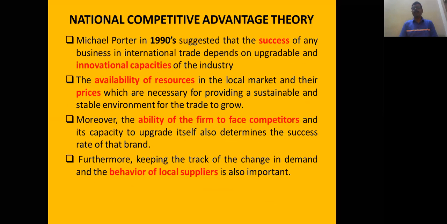National competitive advantage theory. Before going to this, we have to know what we mean by competitive advantage. The advantage a country has to face the competition compared to the other is called competitive advantage. Competitive advantage theory was postulated by Michael Porter in the 1990s. It stated simply that there are many countries which have a high amount of available